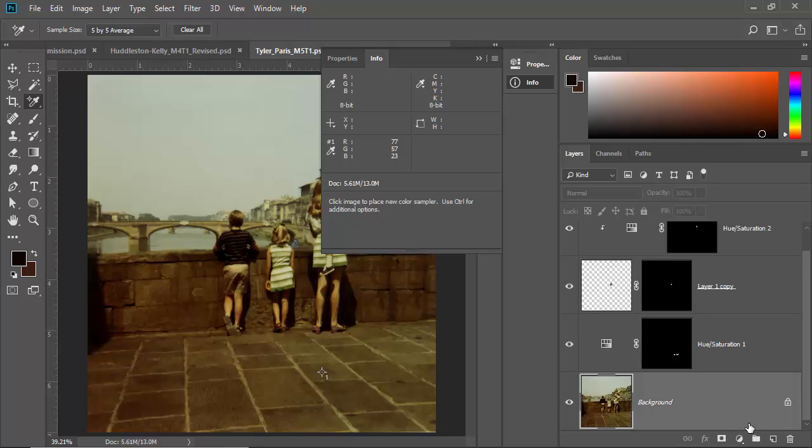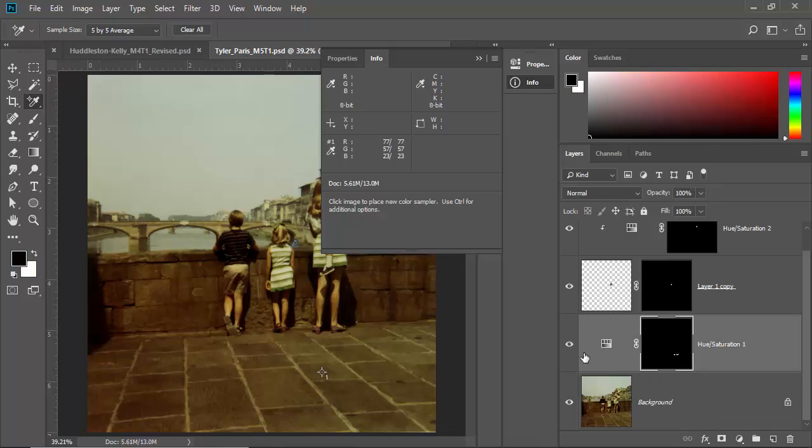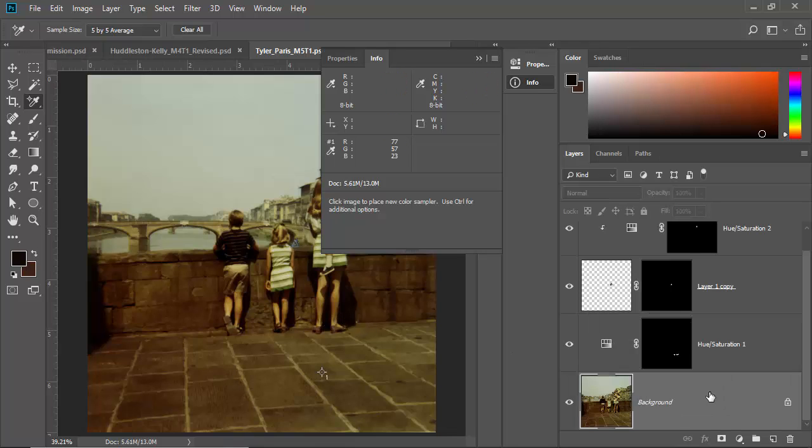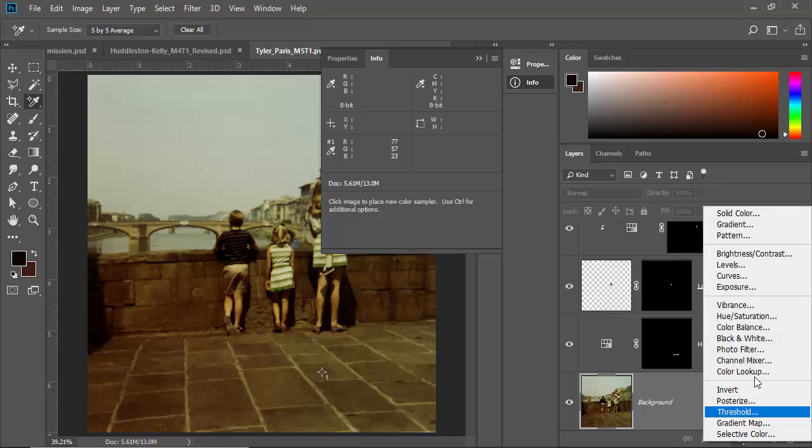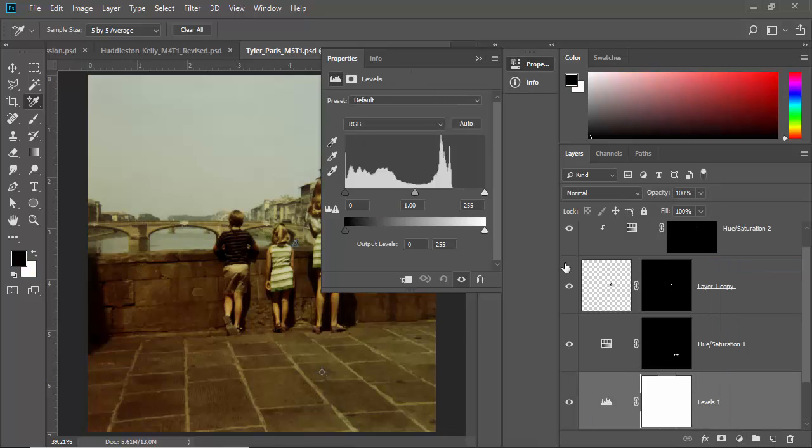So what I'm going to do is I'm going to create an adjustment layer called levels. What I want to do is take this middle eyedropper called set gray point, and this is a lovely little eyedropper because it sets wherever you click to gray, and it makes the three equal values. So when I click on that middle area,